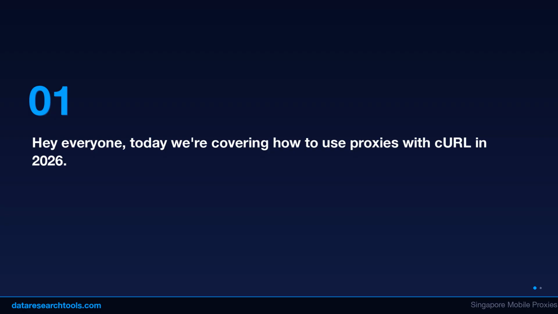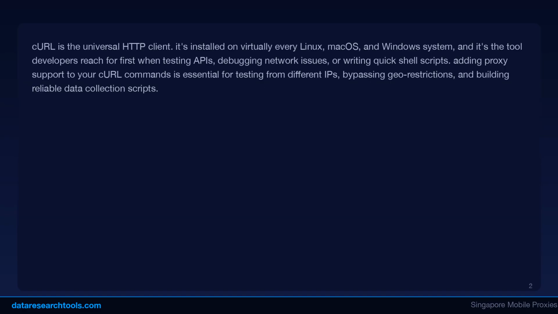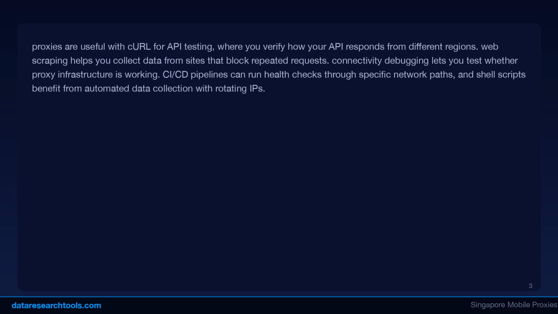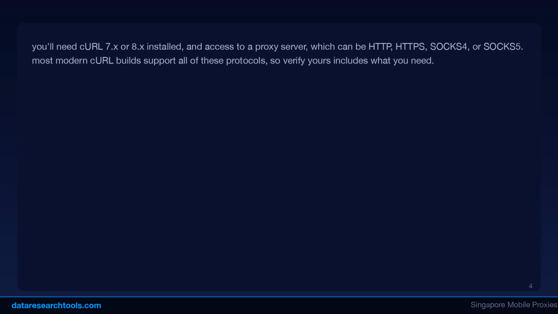data collection scripts. Proxies are useful with cURL for API testing, where you verify how your API responds from different regions. Web scraping helps you collect data from sites that block repeated requests. Connectivity debugging lets you test whether proxy infrastructure is working. CI/CD pipelines can run health checks through specific network paths, and shell scripts benefit from automated data collection with rotating IPs. You need cURL 7.x or 8.x installed, and access to a proxy server, which can be HTTP, HTTPS, SOCKS